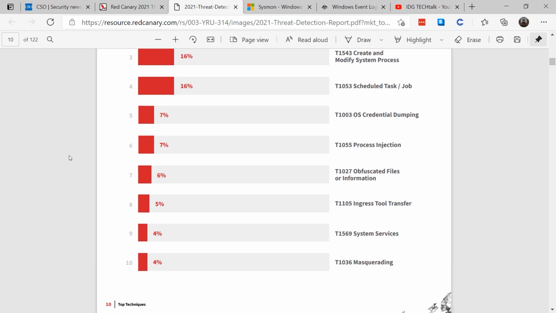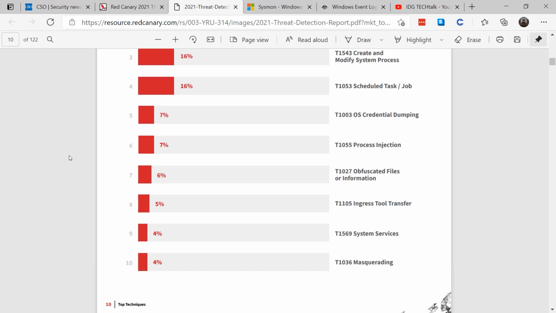5% of threats came in from ingress tool transfer. Now, while most of the time the attackers use living off the land, meaning PowerShell, things that are already on the system, attackers often use BitsAdmin, our Windows Update friendly platform tool, to import in tools. So if you see Bits or BitsAdmin running when it shouldn't, this is often a sign that an attacker is using something to import an attack tool into your system.